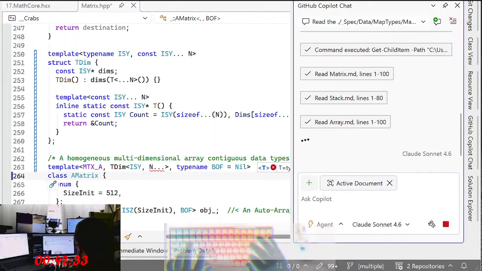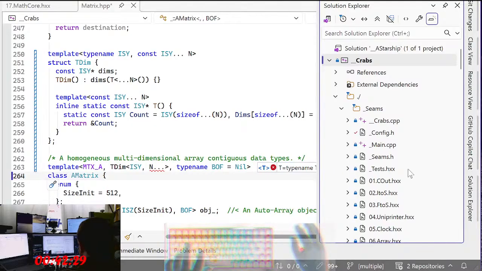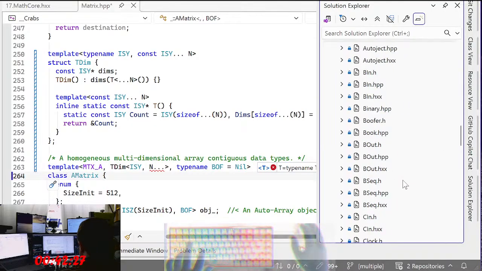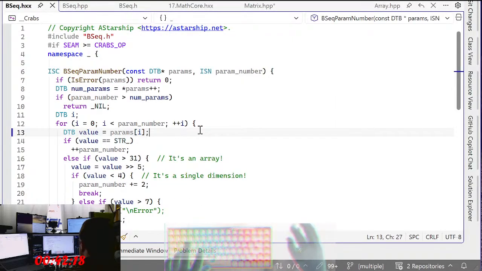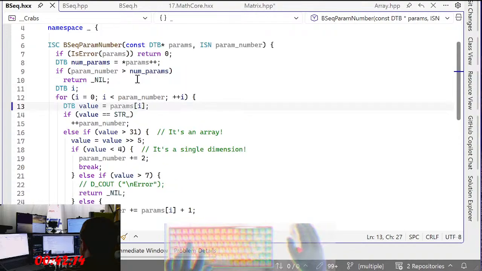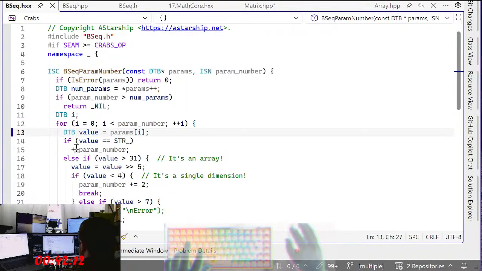What do I need to do to knock that out? Let's look at the BSQ. The parameter number. All right, so where's the size? We need to look for